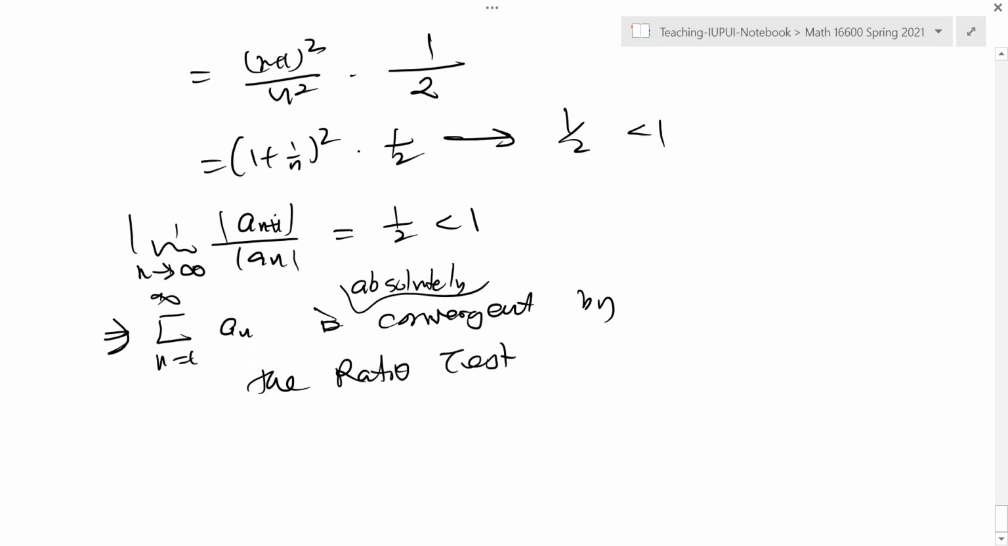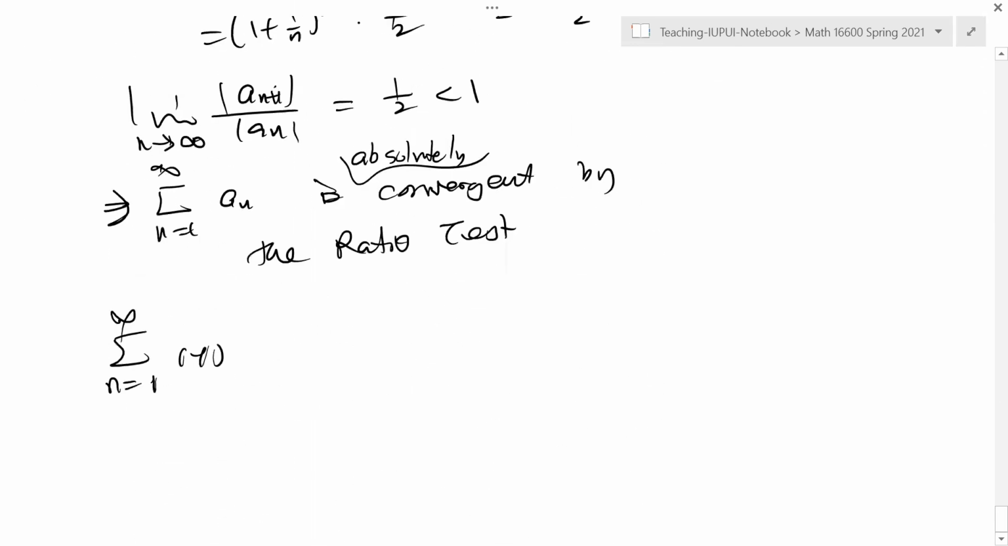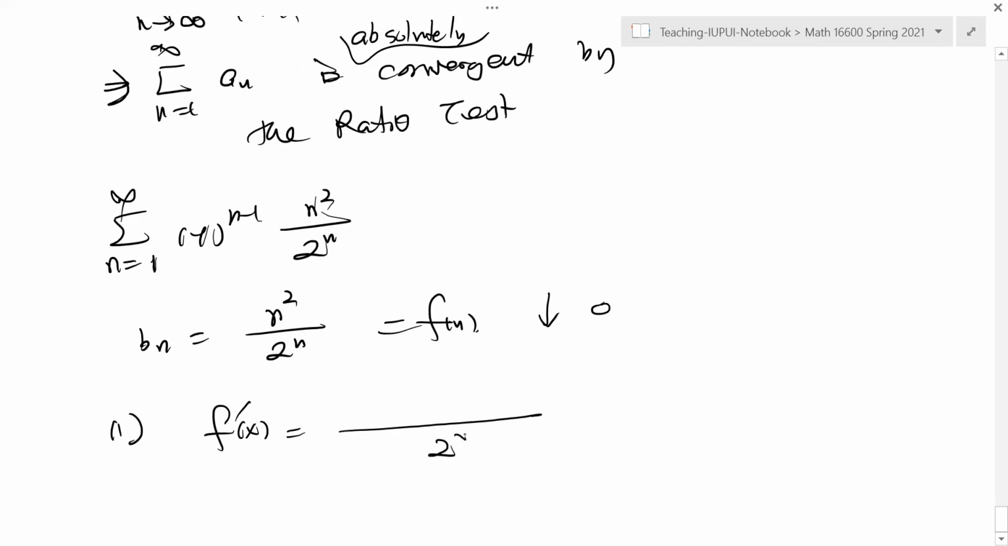Now, if you really want to use the alternating series test, this is pretty challenging, okay? I forgot the n minus 1, yeah. So your Bn is n squared over 2 to the n. What do you have to do? This is the f of n, right? So f of x, you have to prove that this is decreasing to 0. So to show it's decreasing, you need to find the derivative again, right? The derivative is